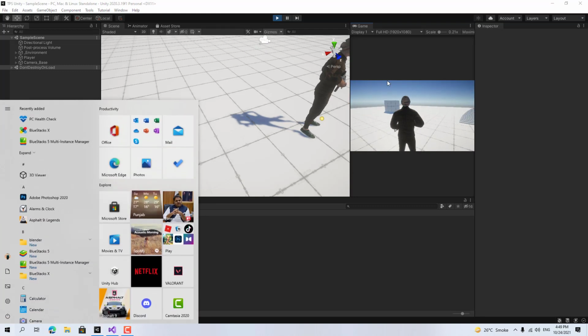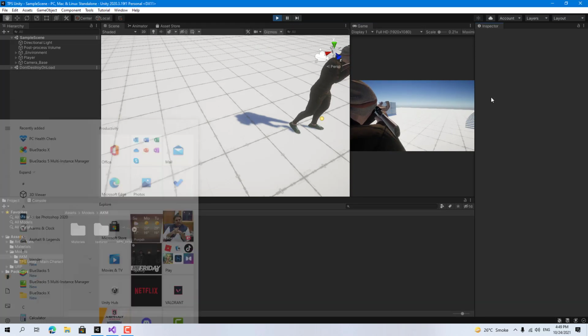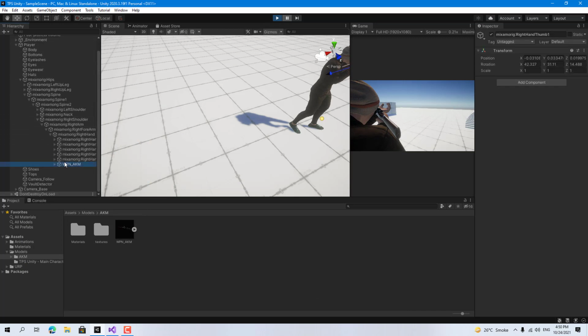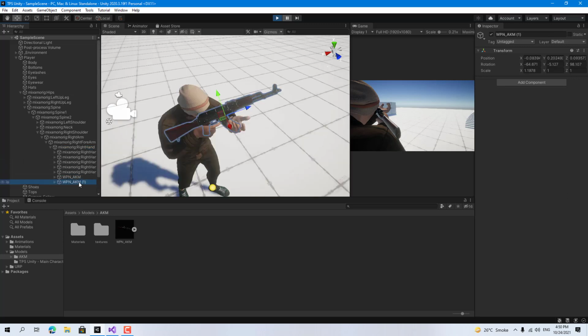For that we have to press right click and then we have to pause this. Okay, so we have to go to our and copy this, and now we have to just create a new one,